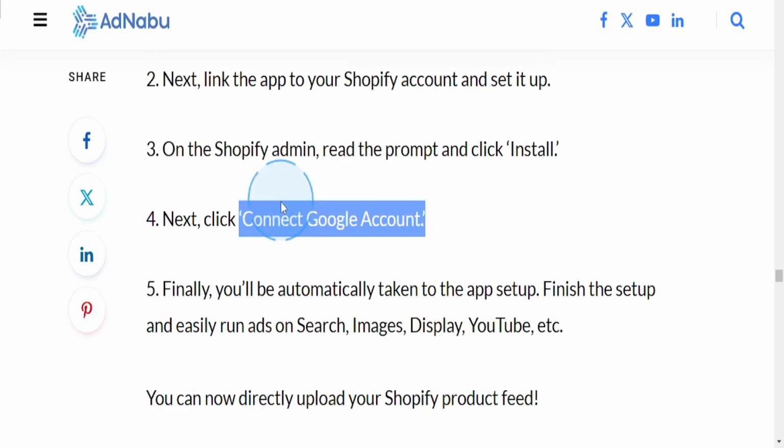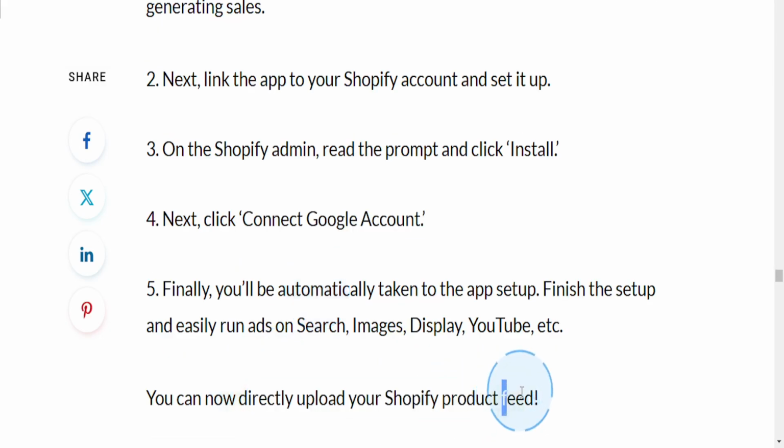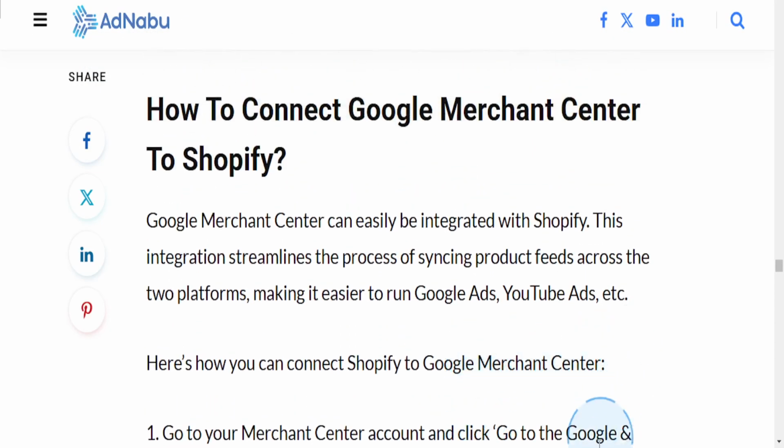Finish the setup, and you can easily run ads on the search results, images, display, YouTube, and then you can directly upload your digital products to Shopify. So we'll be selling these products using Shopify while integrated with our Google Merchant Center. But otherwise, it's really that easy and simple, so I hope this guide provided value to you,